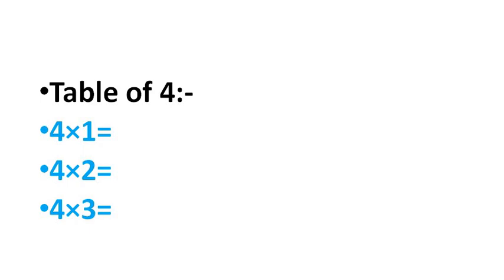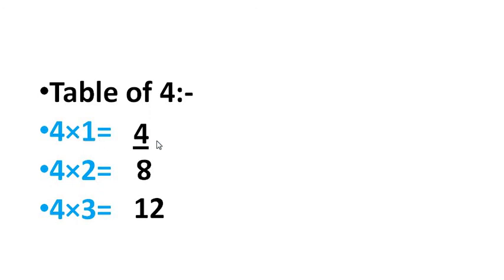Now this is the table of 4. As I told you, every day you have to memorize one table. Today we will recite table number 4. 4 ones are 4. 4 twos are, what will come? Look, you have to repeat after me. Just wait. 4 ones are 4. 4 twos are 8. 4 threes are, yes, 4 threes are 12.